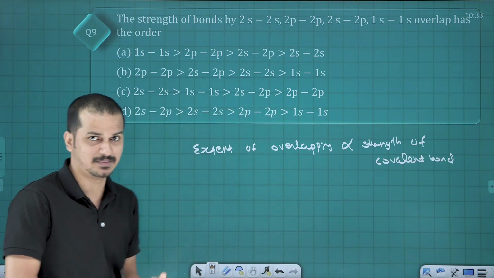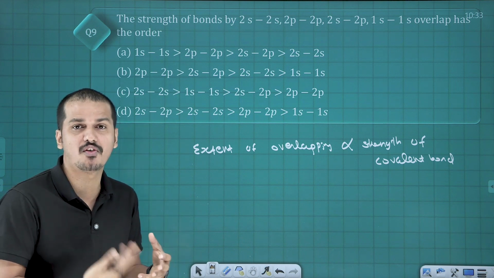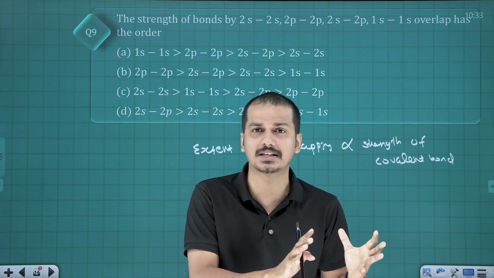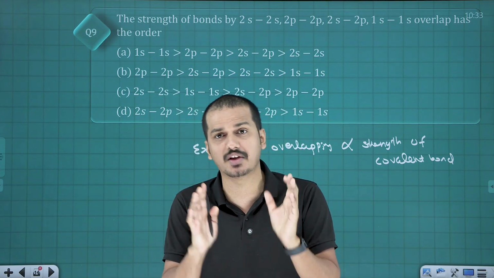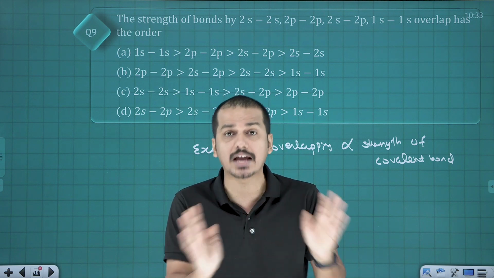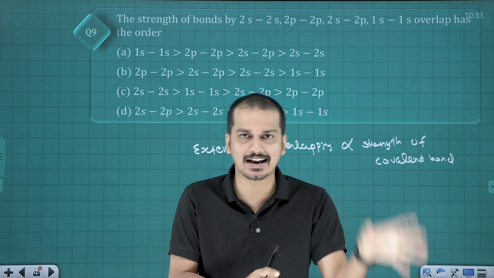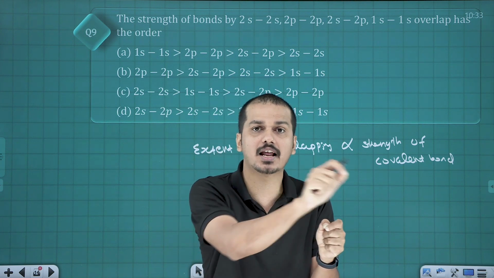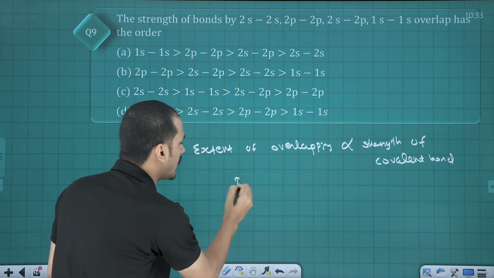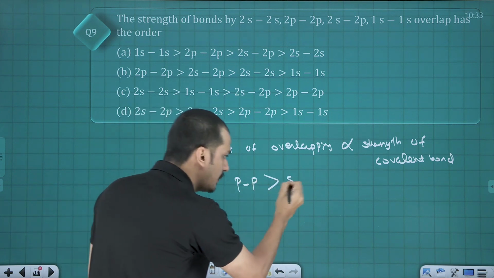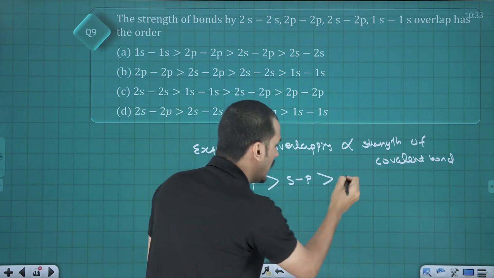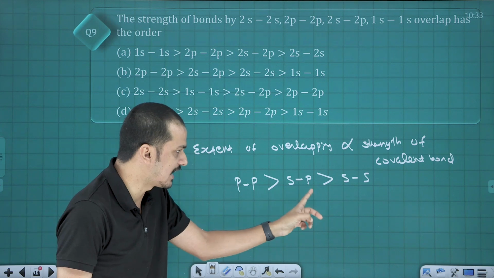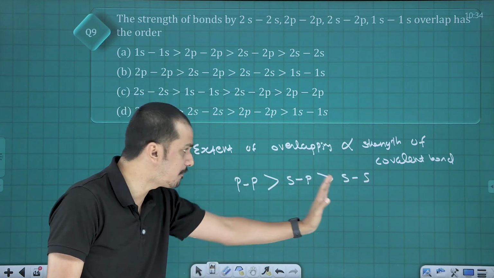That idea you guys learned. Correct? So what about the extent of overlapping? In the case of orbitals, some orbitals are directional, some are non-directional. The one and only non-directional orbital is the s orbital, which has no direction, while p, d, f have direction. So the directional overlapping is more powerful than non-directional overlapping. So pp overlapping is more powerful than sp overlapping, then ss overlapping. pp means directional, ss means non-directional. This is the overlapping order.